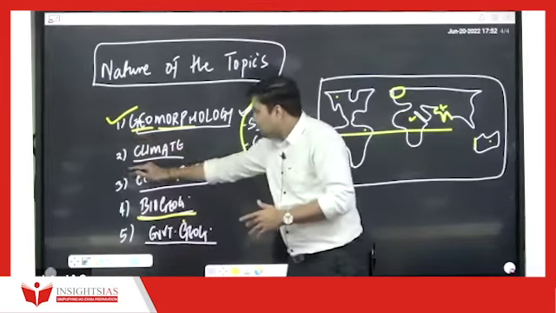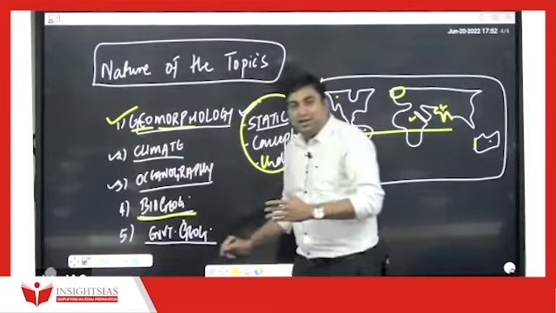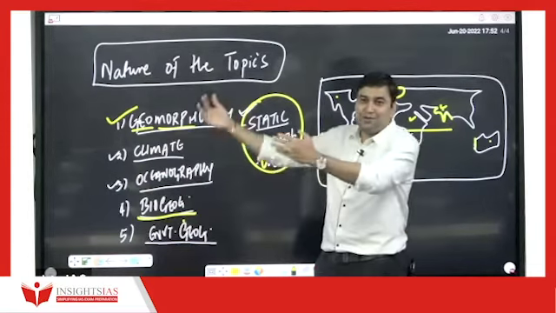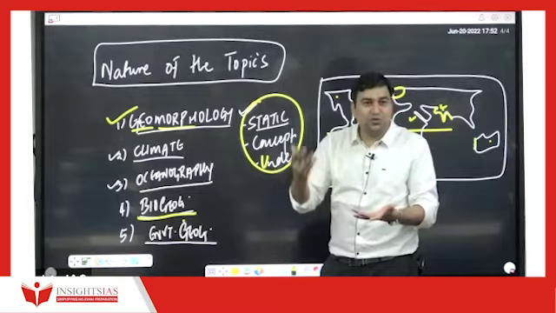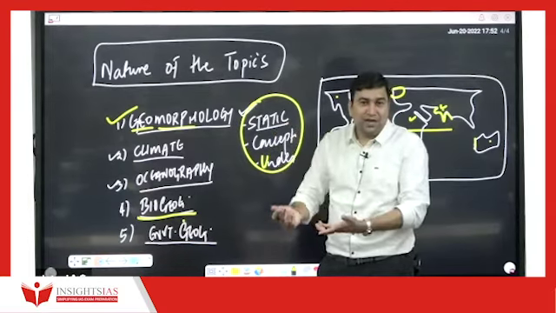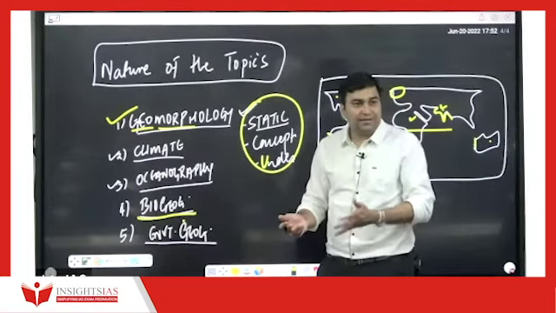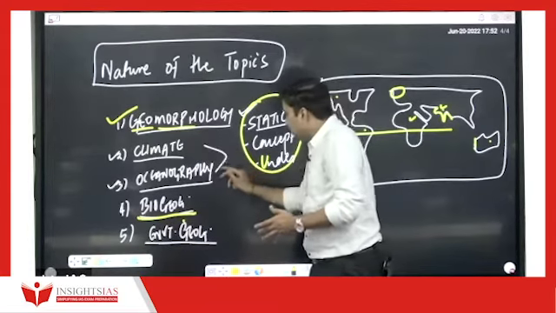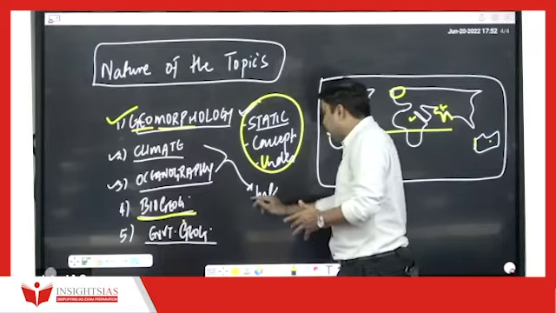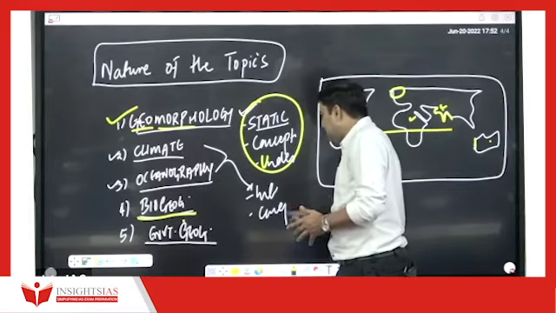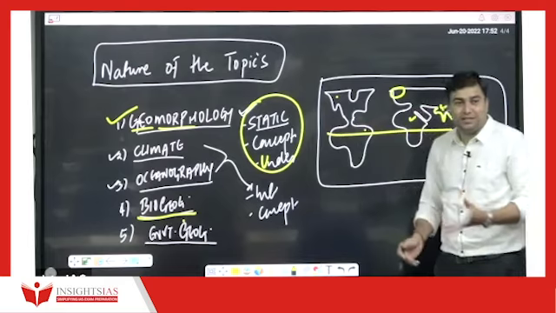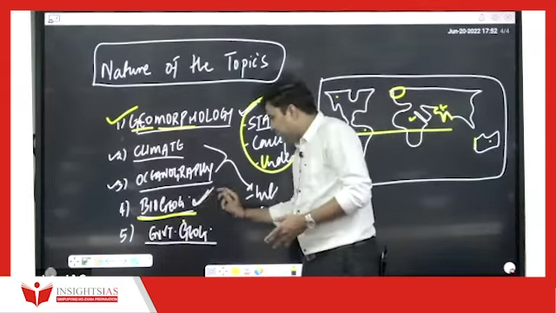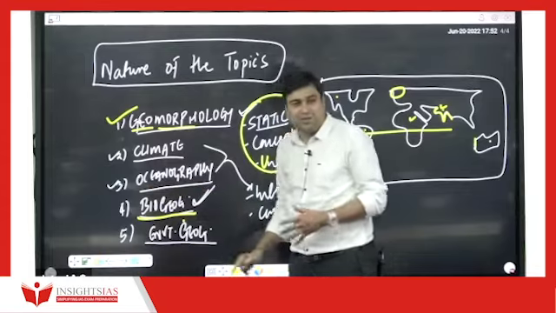Now, if you understand climate and ocean, these topics essentially are inquisitive in nature. Like I said, right now you are coming, there was rain, so you should know why it is raining in the month of June only and why not in the month of December, right? So all these things you will be understanding. These topics are more or less of interest and basically concepts that need a lot of linkages, and are very interesting. The easiest topic out of all of these is biogeography.